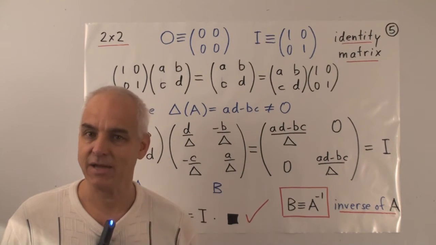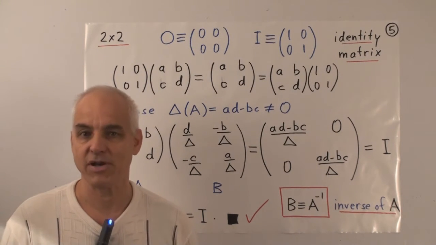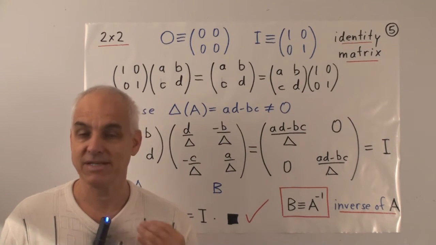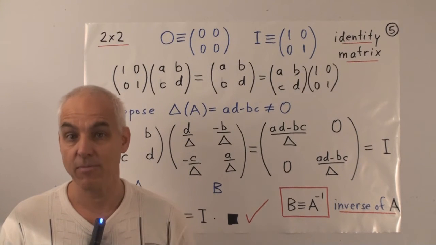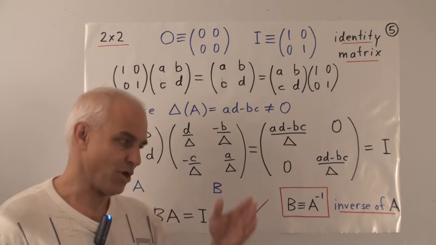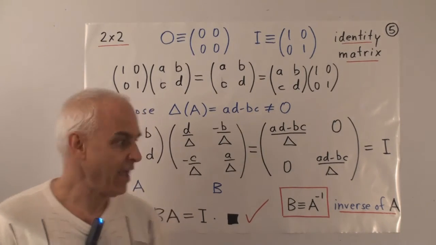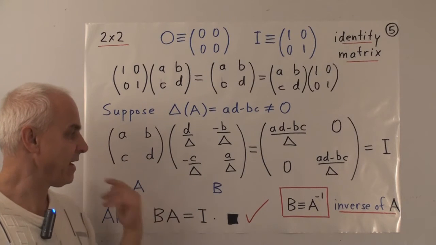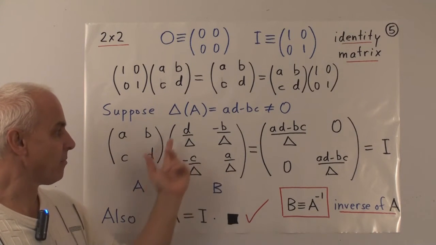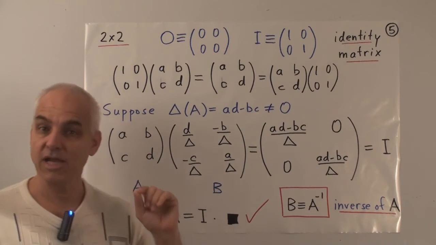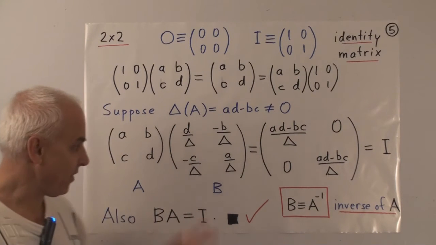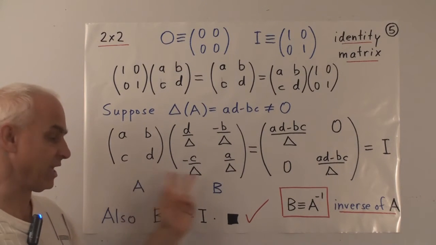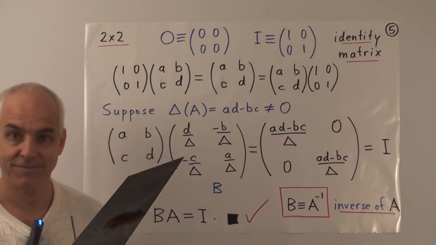Addition, subtraction, and multiplication, even for ordinary numbers, are relatively simple, but division is in practice the more complicated one. That's also the situation here with matrices, and finding the inverse, or dividing by the matrix A, is essentially equivalent to this computation that we've done inverting a change of coordinates. This is the crucial formula for the inverse of the matrix A.